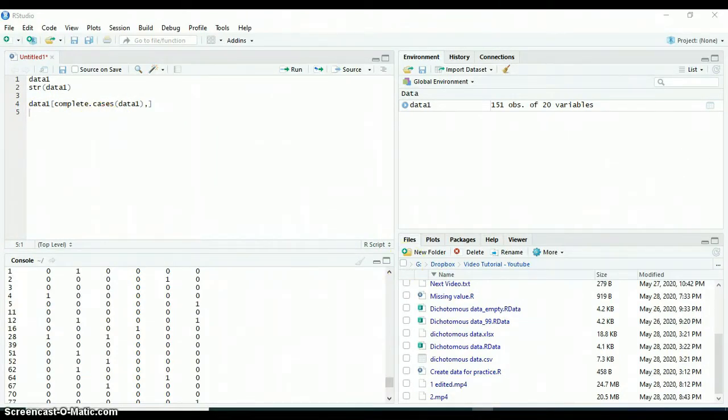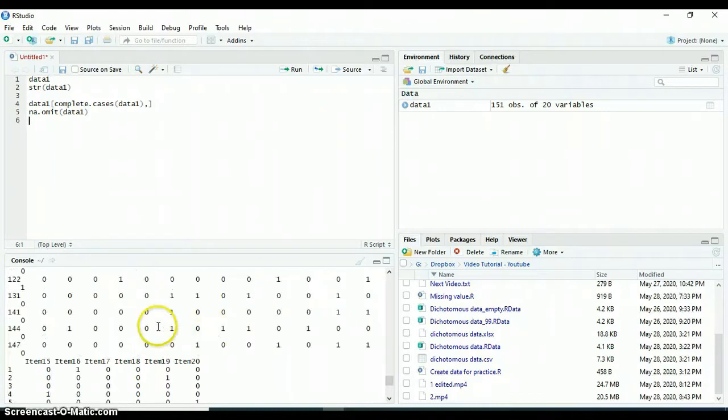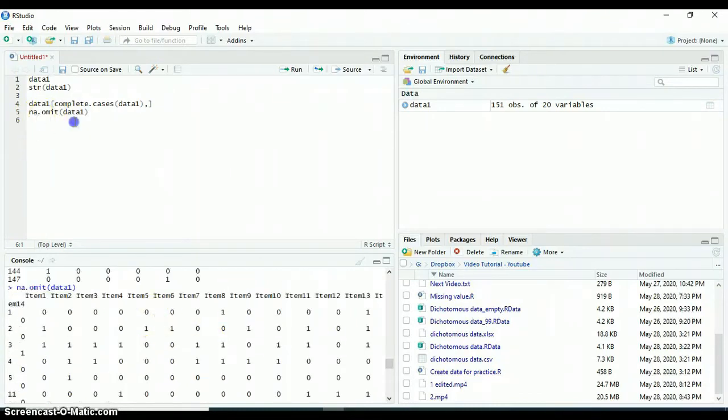Or I can use another command, na.omit, data 1. See, it's the same. So you can choose the first one or the second one. It's the same. So now I want to know the rows with missing values,